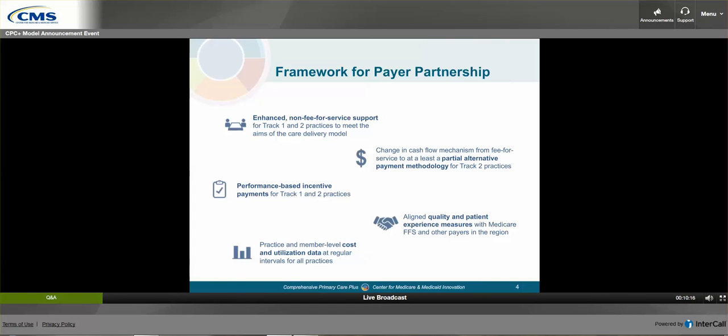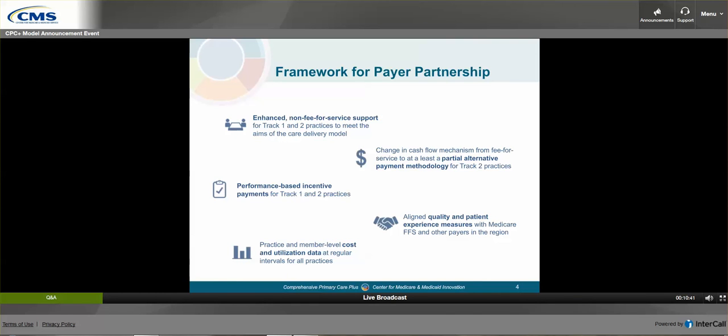3, an incentive payment in each track that's based on performance outcomes at that practice. And then we also want to align quality and patient experience measures with Medicare fee-for-service and other payers in a given region. And then practice and member-level cost and utilization data, we want engaged payers to provide practices at regular